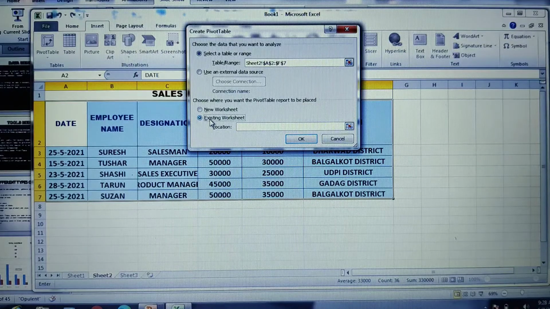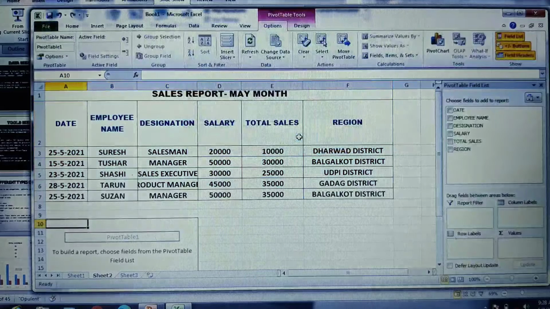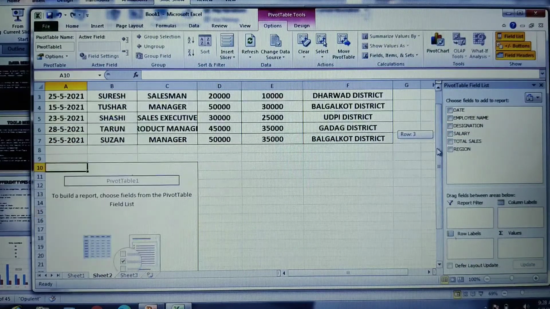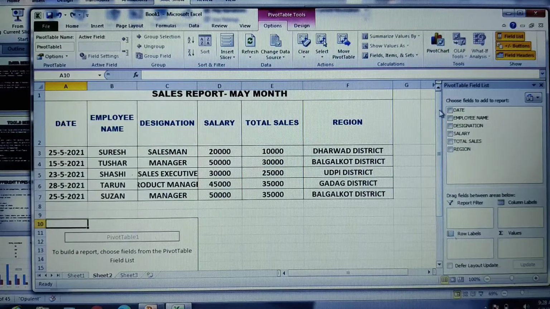Within the existing worksheet only I would like to have a pivot table, and click on choose your location. Here I'll be choosing, so click on OK. When you click on OK and scroll down, you can see this is the location where you will be able to see your pivot table. Now what I'll do is, I want to see on what date what the total sales were.